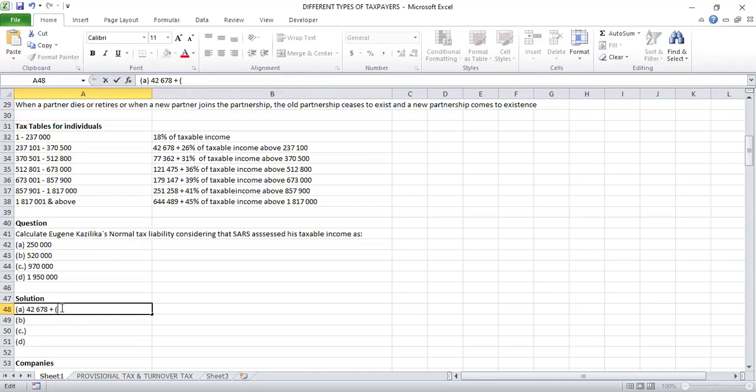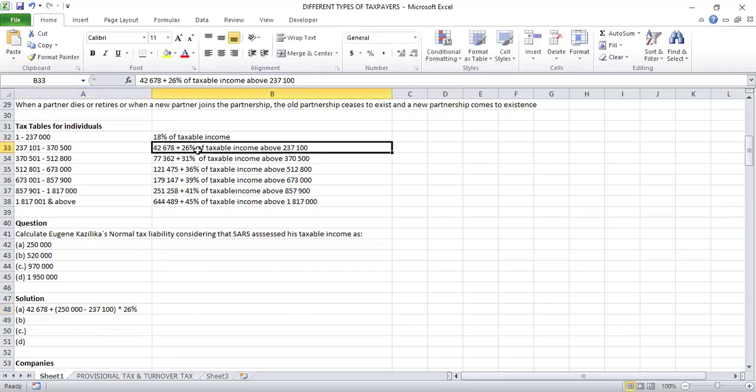So it's the 250,000 minus 237,100, multiplied by 26%. What we are saying is if you earn 250,000, you pay this 42,678. That's the minimum. On top of that, you then pay 26% of all your income above